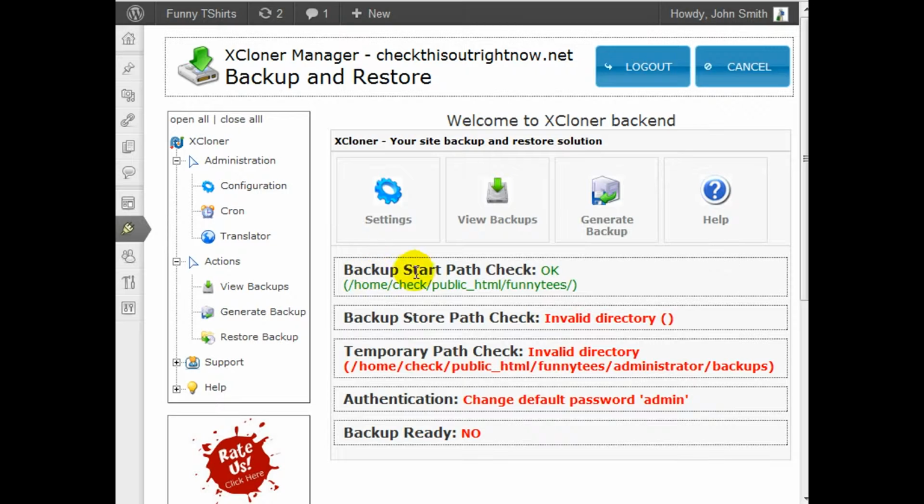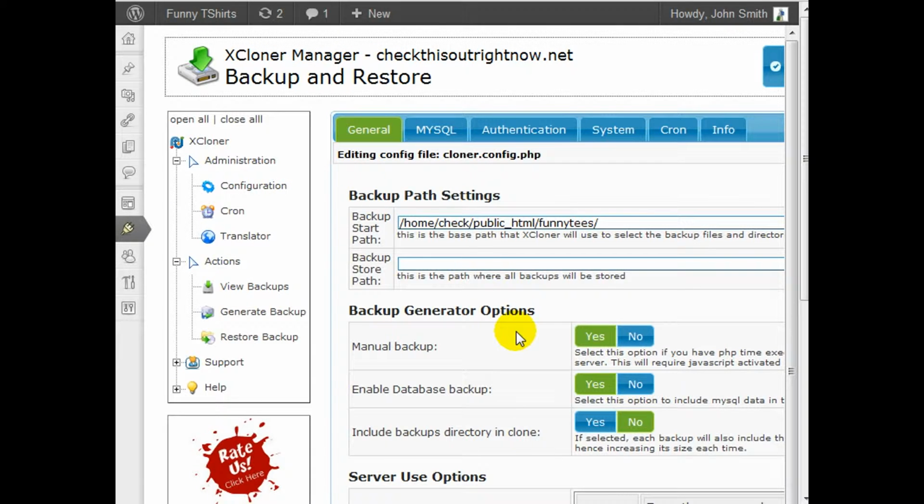And what we need to do is we need to specify the backup store path check directory, the temporary path check directory, and so forth. And I'm going to show you how to do just that. Now, it may look complicated, but it really is not complicated at all. The first thing you want to do is click on Configuration. And you'll notice here that the backup start path has been completed, but we need to fill in the backup